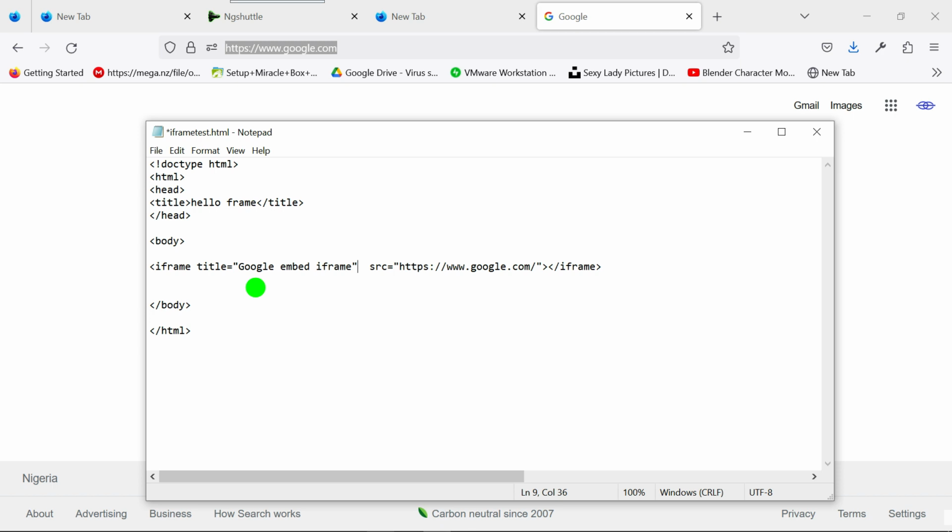Okay, and there are a set of things I can do here. I can add an attribute called width. So I say width, give it a width of 200 and a height of 400. Okay, so now when I save this,